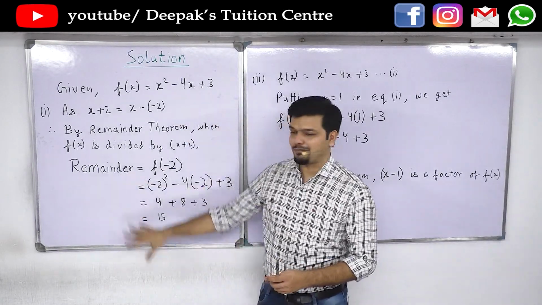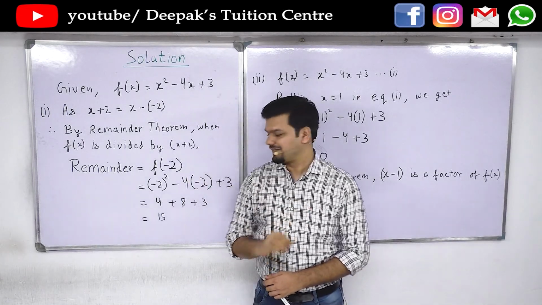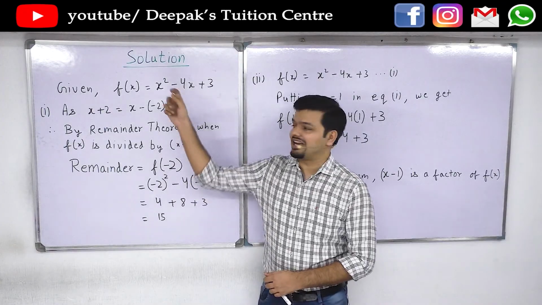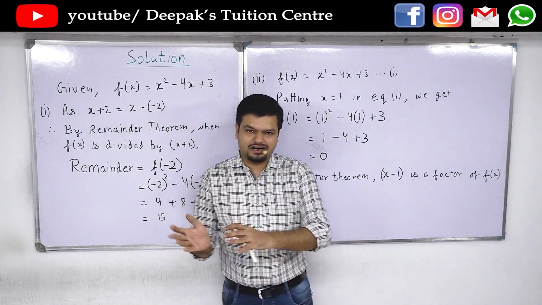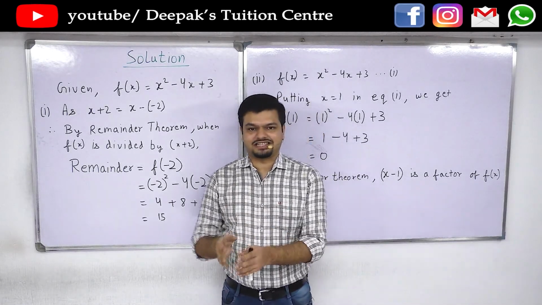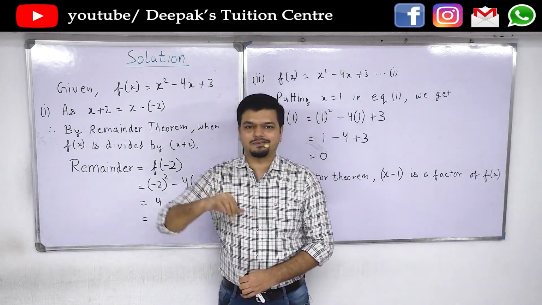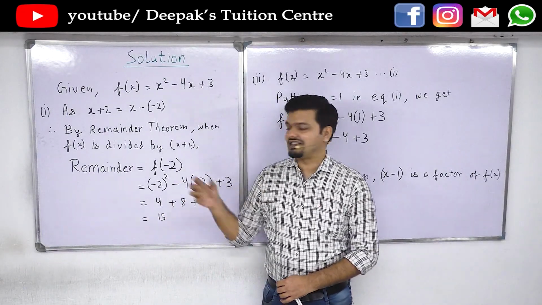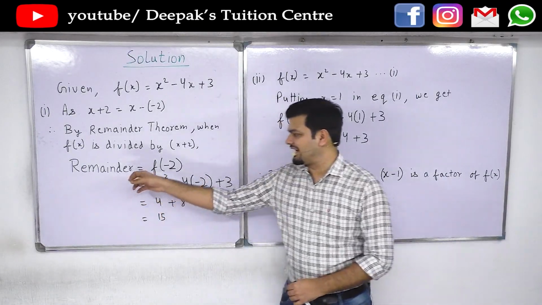Such a process has to be applied whenever you are solving a sum using remainder theorem. The remainder theorem states that whenever you put that value in the equation, you get the remainder. The factor theorem is not far different. The factor theorem states, if you use the remainder theorem, these are not the exact words, but constructive. So basically, if you use the remainder theorem and understand the basic logic of factor theorem, you will get it.